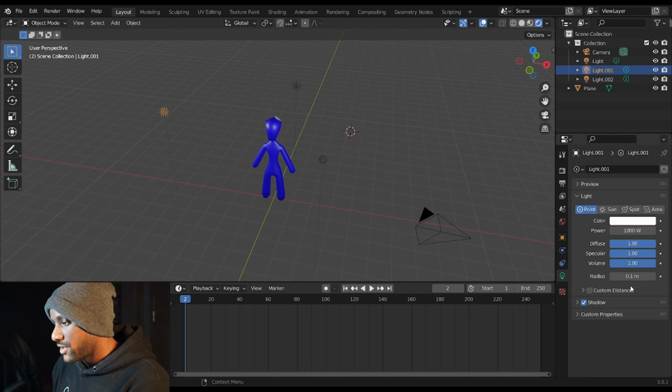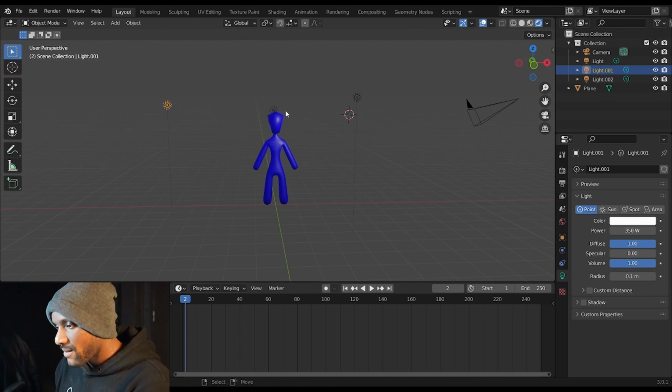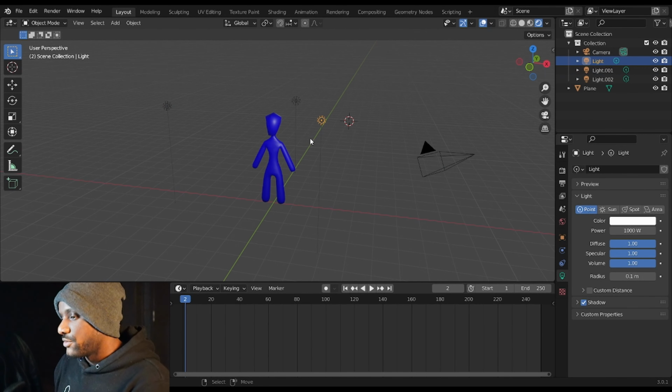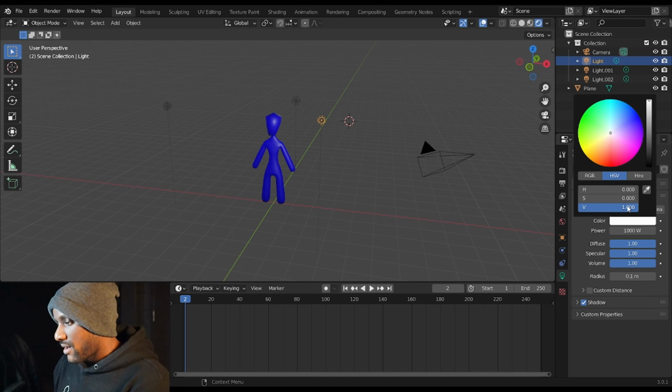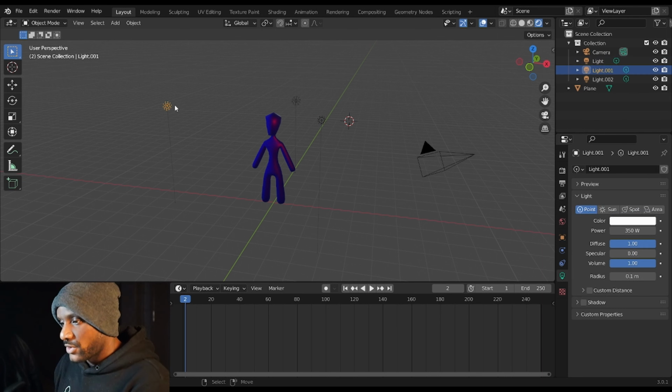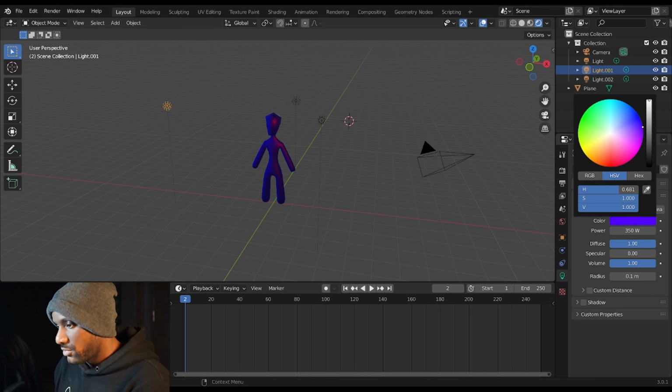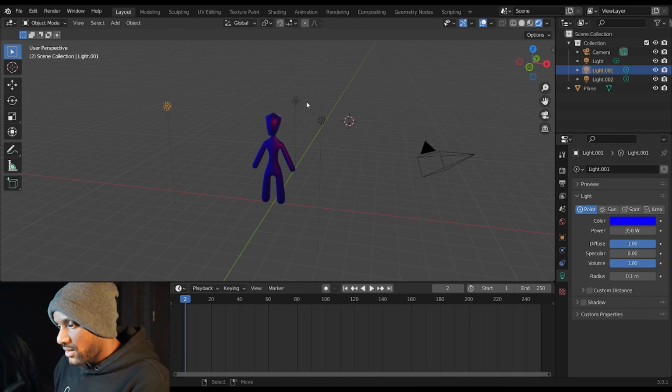Same thing for the fill light. And we're going to turn this power down to 350. Also, what I like to do is change the colors here. So I like this one to be red. I like this one to be blue, and I like this one to be